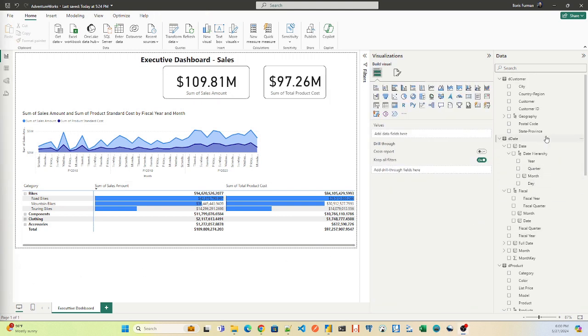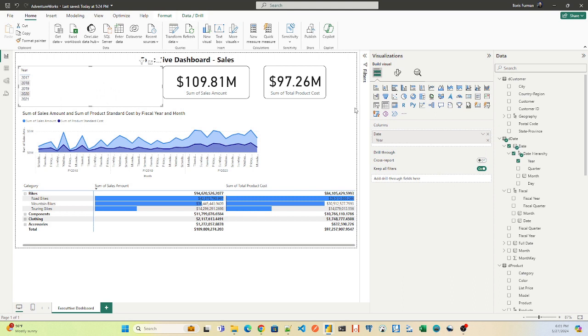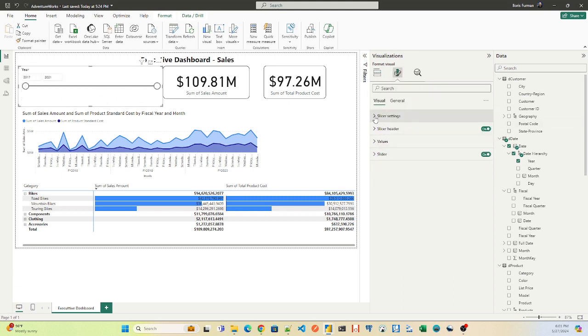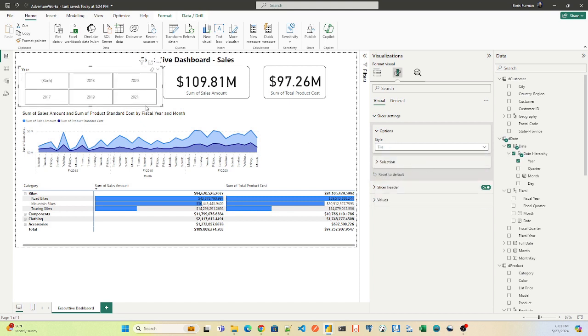The last step we're going to do is we're going to add a slicer. So we're going to get a date and pick from hierarchy. We're going to pick a year and drop it right here. By default, Power BI picked up a table. We're going to change it to a slicer. Then we're going to go to design and slicer settings and pick which type of slicer we want. Let's say tile, and under selection,